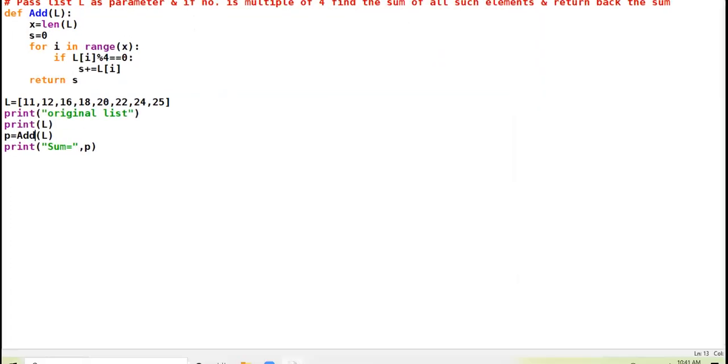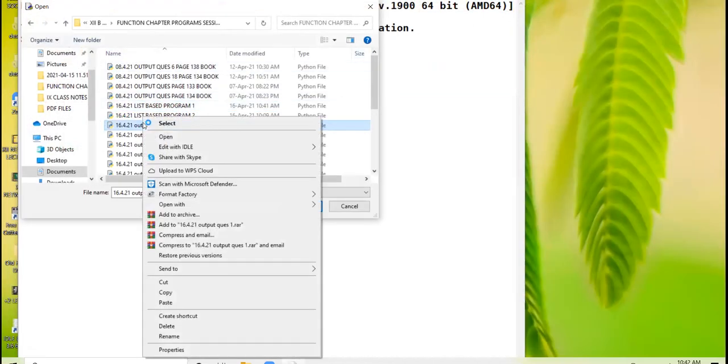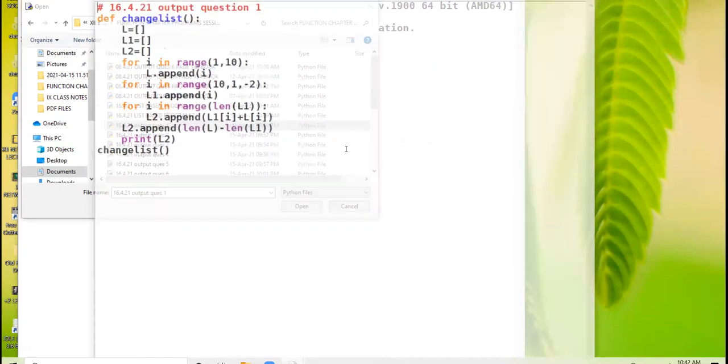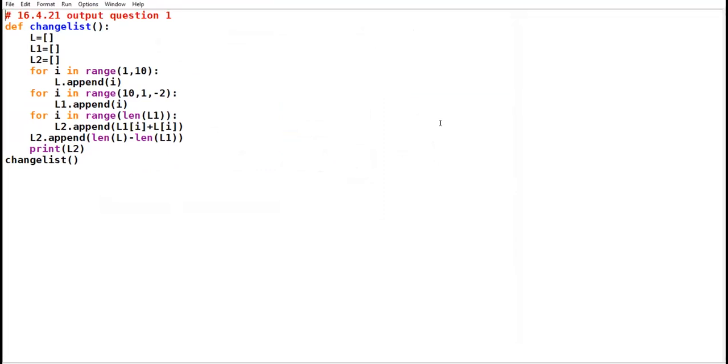All right. Now I would like to discuss one output question with you based on the function concept. Is the question visible to everyone? Is the question totally visible to everyone? All right. Now what you are supposed to do, students? Open a notebook in front of you and parallel to me, solve the working notes.